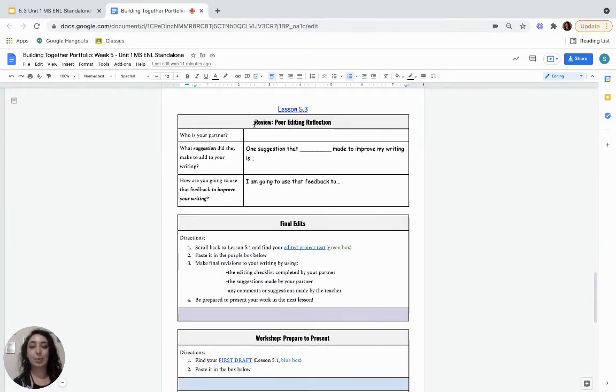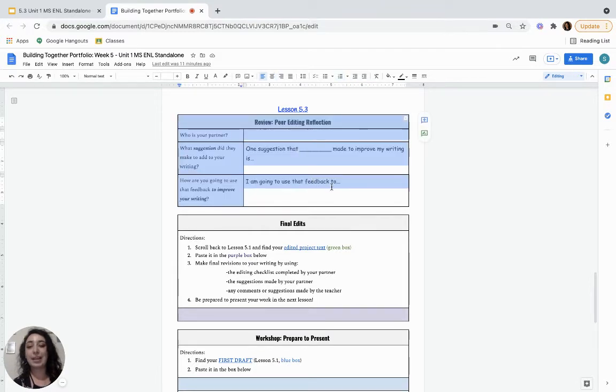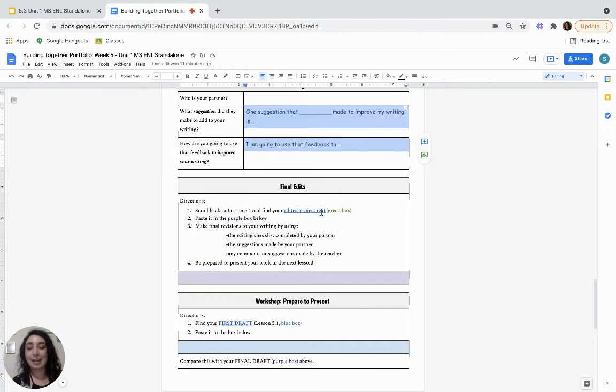So moving on to 5.3, so we see the review at the beginning. Once again, if you feel that your students do not need the sentence frames as scaffolds, you can take them away to scaffold up. For the final edits,